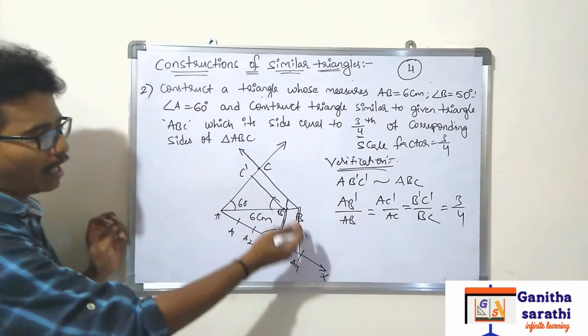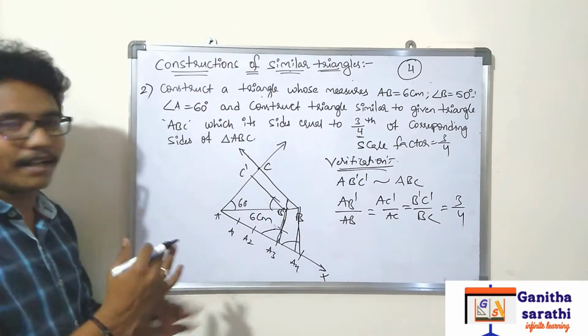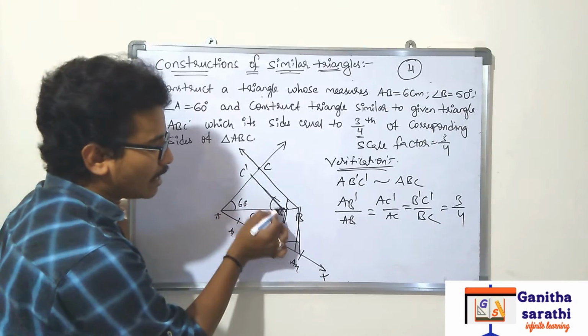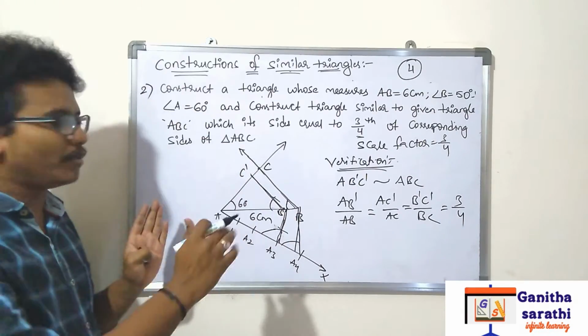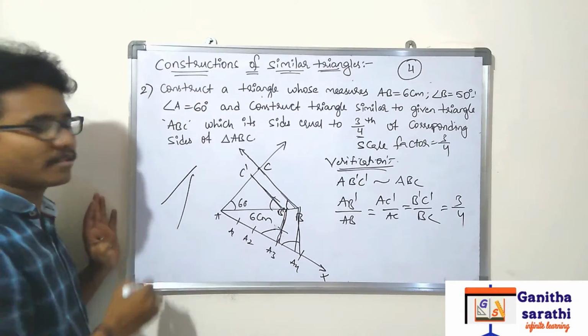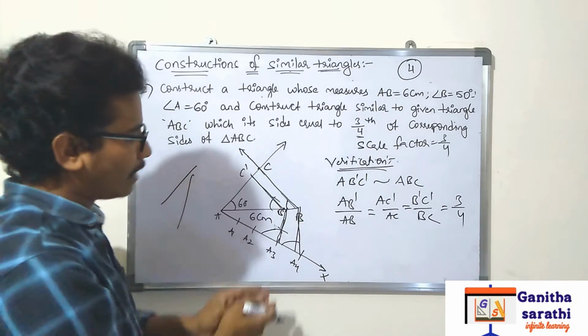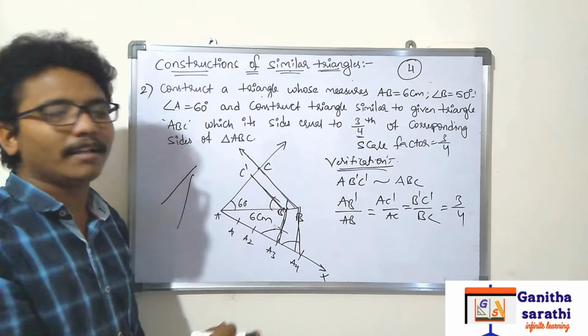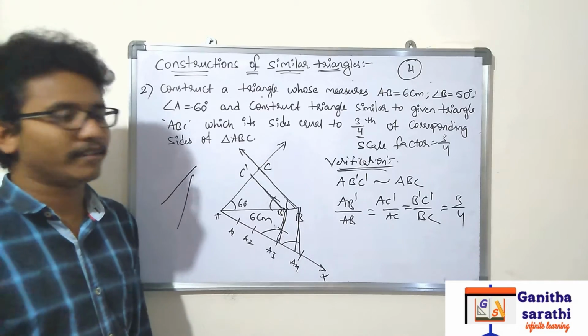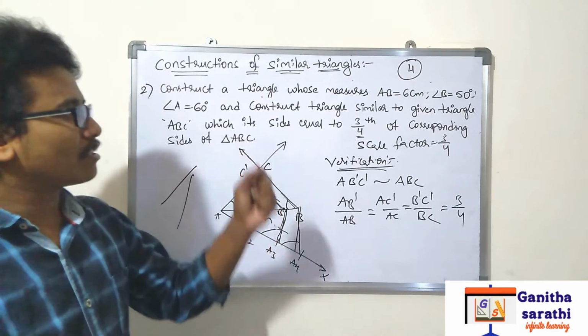Okay. I am not using a compass now, so that's why you may get somewhat of a difference. So here also the lines should be parallel. Definitely the lines should be parallel. It should not crisscross like this. Definitely, only if they are parallel can you get the exact construction of similar triangles. Okay. Now these are the constructions of similar triangles.